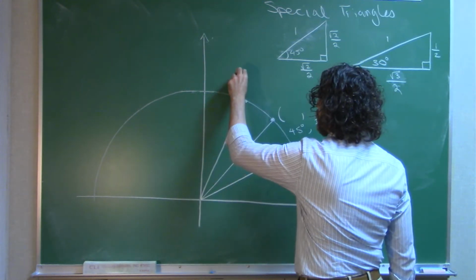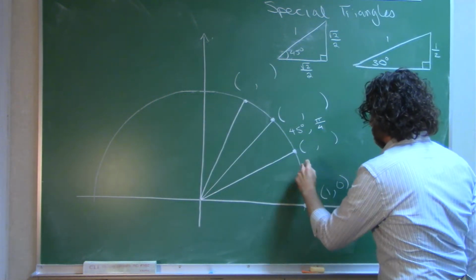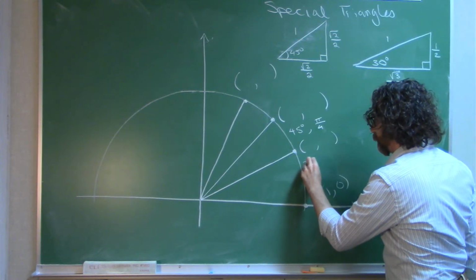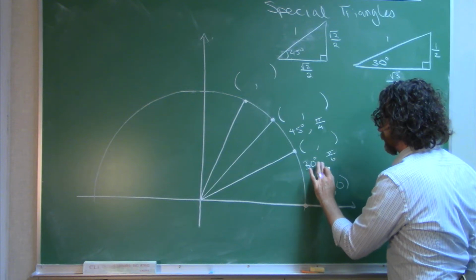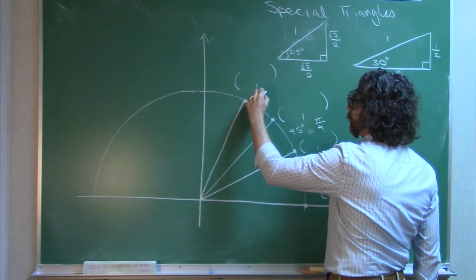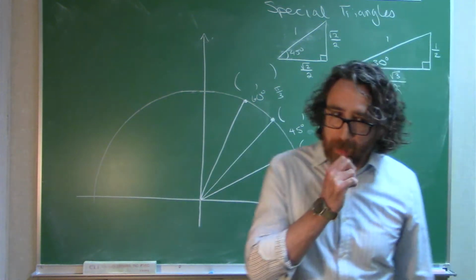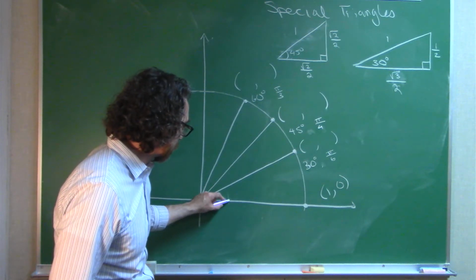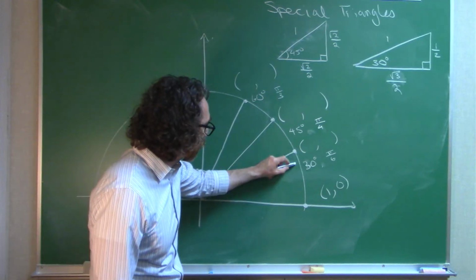And a 60 degree angle would take us right about here. Okay? So 30 degree angle, which is pi over 6 radians. 60 degrees, which is pi over 3 radians. Okay, so if we're talking about this angle being a 30-degree angle, or pi over 6 radians, we can imagine